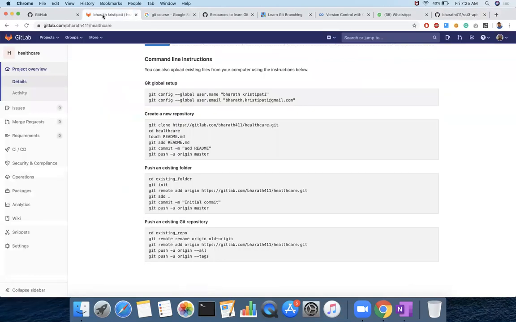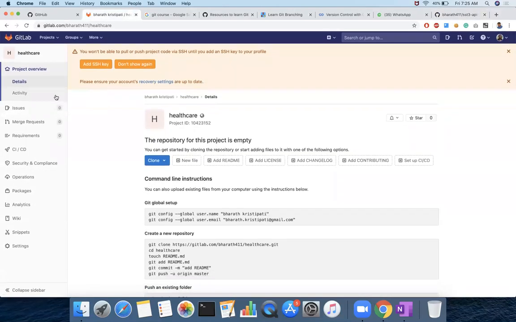For example, this is GitLab. GitLab also offers some different kinds of functionalities. The UI is different from GitHub's UI, but the internal working methodology, the mechanism, is the same. If you learn Git commands for one particular application, the same can be used for other applications too, with a few changes in their functionality. I hope you understand.